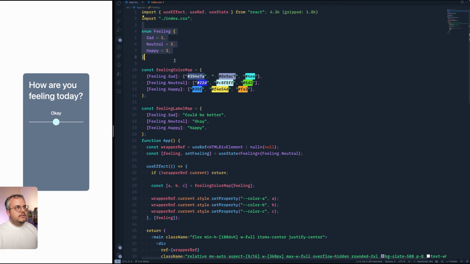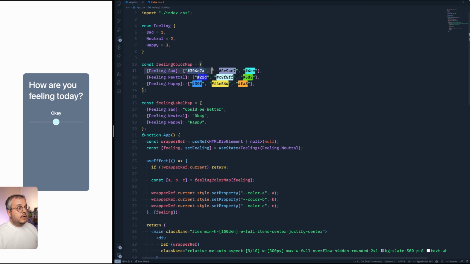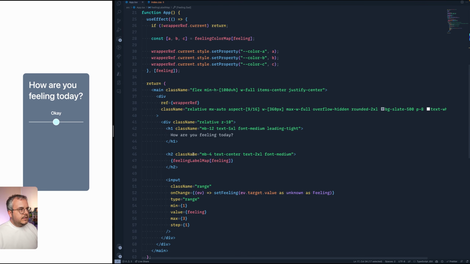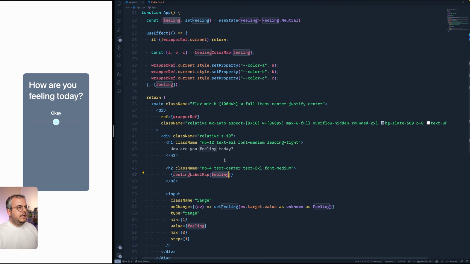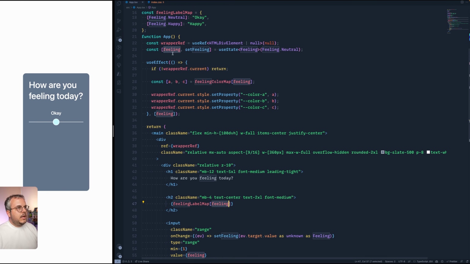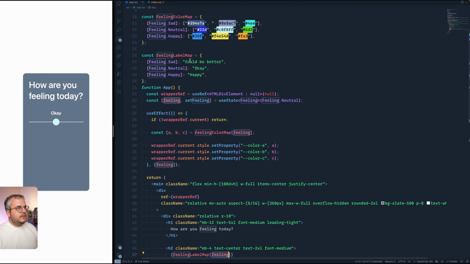So this number is then what we're using to, for example, get specific colors and also get the title. Because TypeScript would inject, for example, a 1 here. So this is an object that has a property of 1 and then has a specific title. So if we look a little bit down, you can see that we use this map and insert the feeling in there, which is coming from this state. So that means that if the state is 1, we would pick property 1, which is sad, from the object, which gives us the title could be better. And that way we are reacting to what the range slider is currently having as a value. We're using that as input for specific parts of the UI.